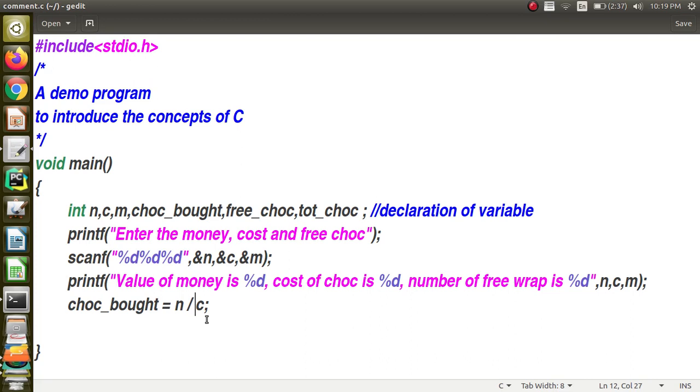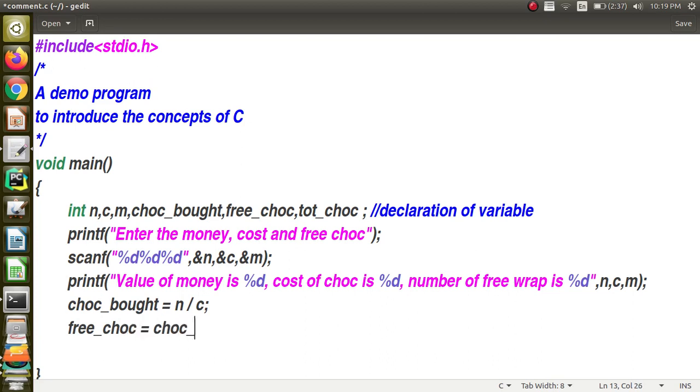If I say 5/2, it is only 2, not 2.5, because it does integer division. The system decides by looking at the operands. What is the data type of N? It is integer. What is the data type of C? It is also integer. So ultimately it will do an integer division only. Chocolate bought you will get, and then next I have to find out how many free chocolates the child can get.